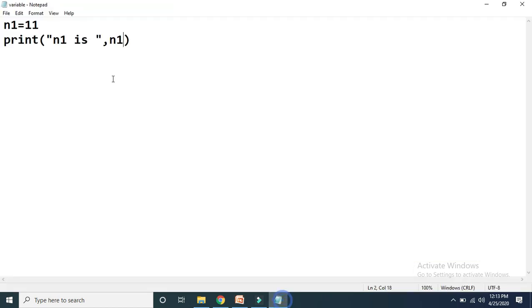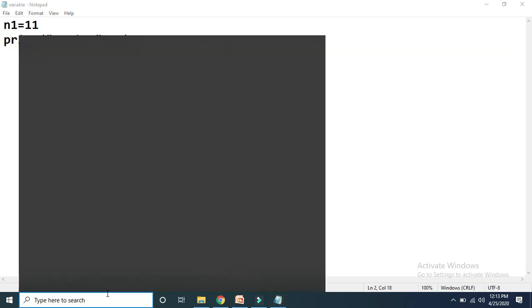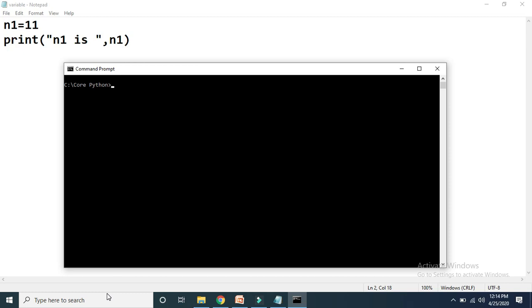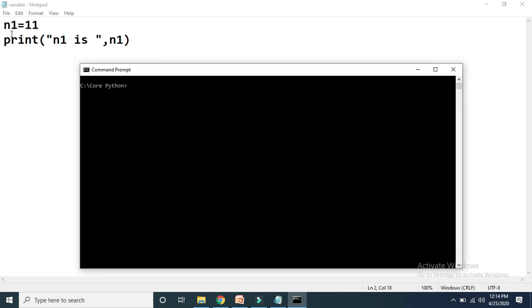Now see, this is our basic program where I have defined one variable, n1, and I store 11 in n1. If we execute this program, we just store 11 in n1 and then print n1.